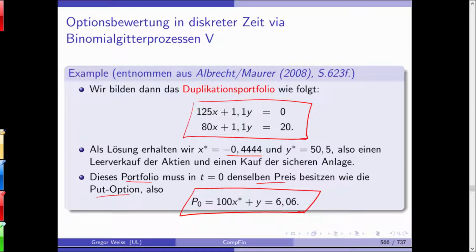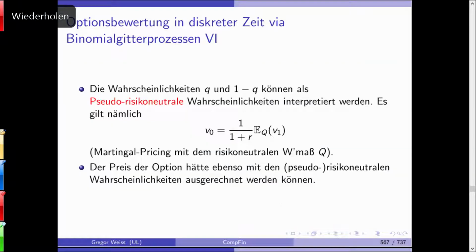So without even looking at the probabilities and the risk-neutral pricing, you can come up with the option price quite simply, because it's a very simple model. One period, two states. Again, these are the risk-neutral probabilities or pseudo-probabilities. This is also called martingale pricing, because it's a martingale measure. I will not go into the specifics of martingales. It suffices to say that